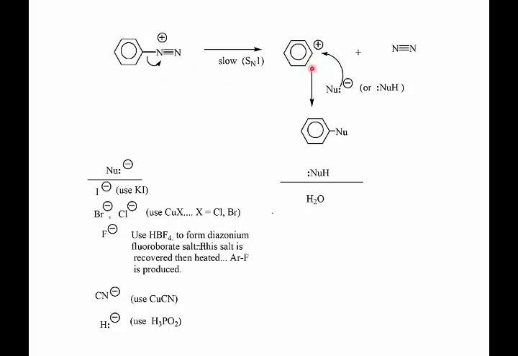So one wonders, how in the world would you get an SN1? SN1 reactions are generally seen when you have a stable carbocation, and this phenylcation is anything but stable. It's one of nature's most unstable carbocations. So we wonder what in the world's going on here. And the explanation is this,